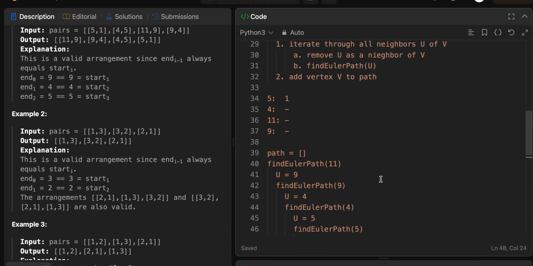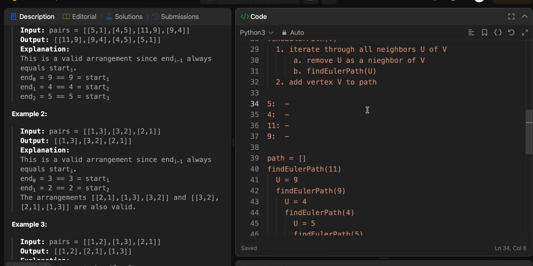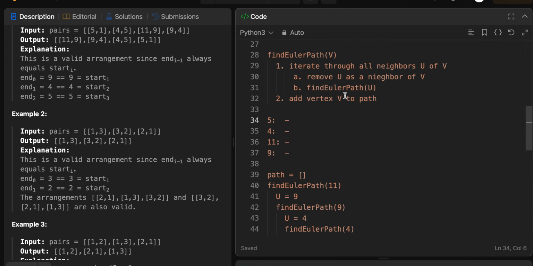Okay, so we remove 5. 5 is no longer a neighbor of 1. Sorry, 1 is no longer a neighbor of 5. Okay, and then we go into using this algorithm here. We iterate through all the neighbors of 1, but notice here how 1 has no neighbors. So 1 has no neighbors, which means we can